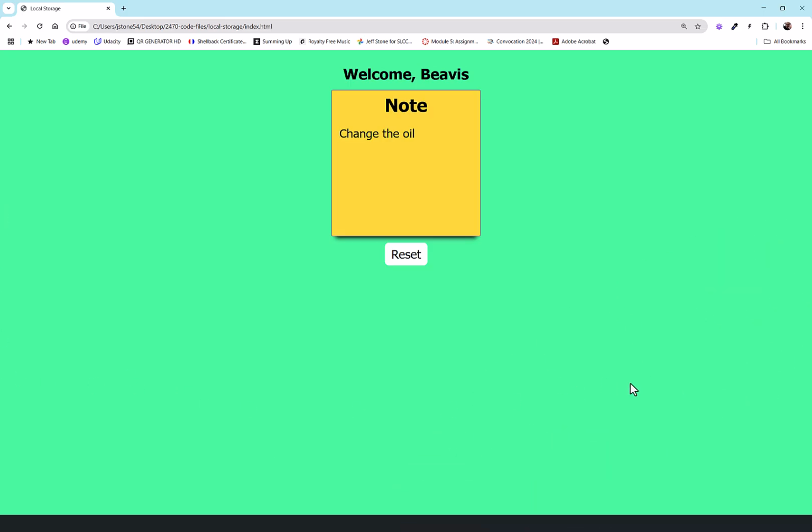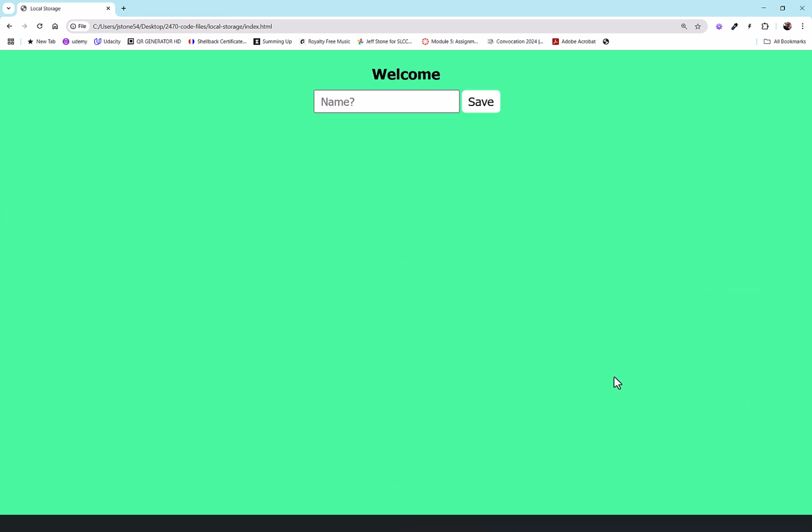And then I can just reset it by clicking reset, and it clears it all out. It cleared out the local storage. That's it. Really simple little app. It's about 40 lines of code. It's not too complicated. And we're only going to learn 3 new functions. Everything else is stuff we've done a million times. So there you have it.